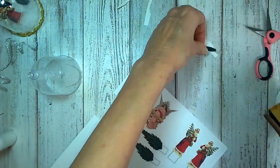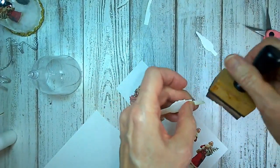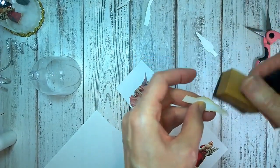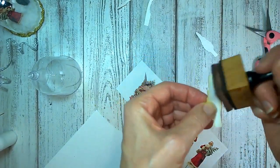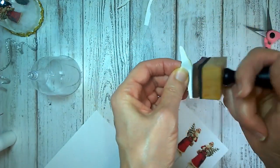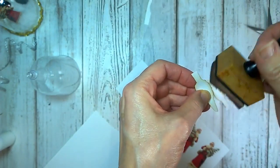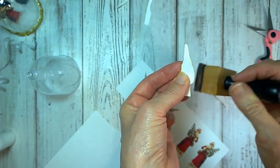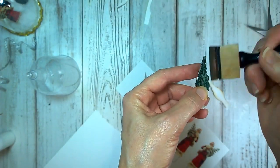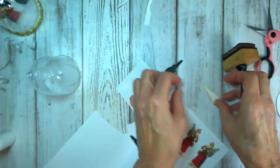But as a trick, I go in here and I ink right inside of that tree, so that when they do come together, they'll be quite blended. It helps to take away from the contrast. And then I'm going to just lightly ink around, and I'm not getting too heavy-handed with it,